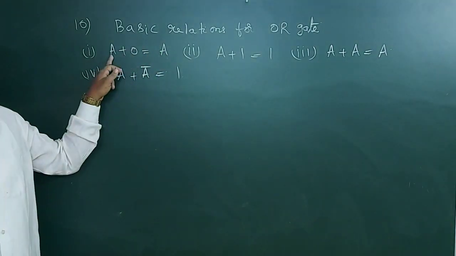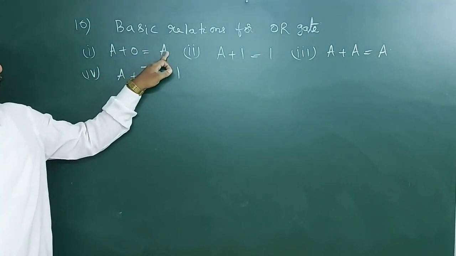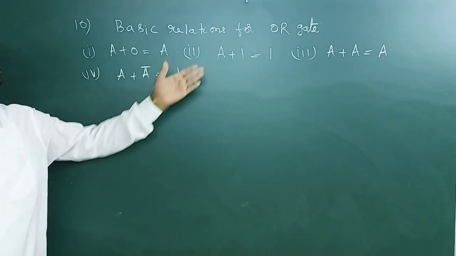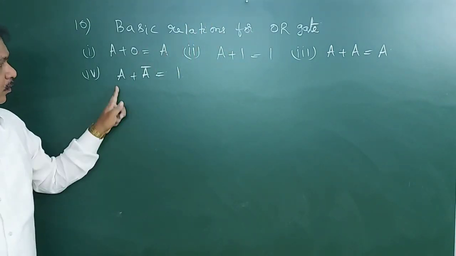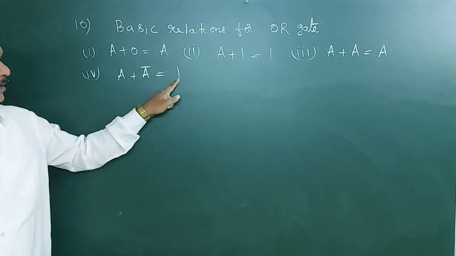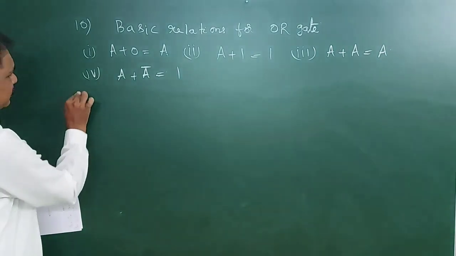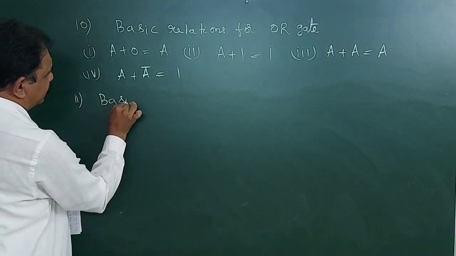If you take 1 here, 1 plus 0 is 1, 1 plus 1 is equal to 1, 1 plus 1 is equal to 1, 1 plus 0 is equal to 1. This is OR gate. Next, basic relations